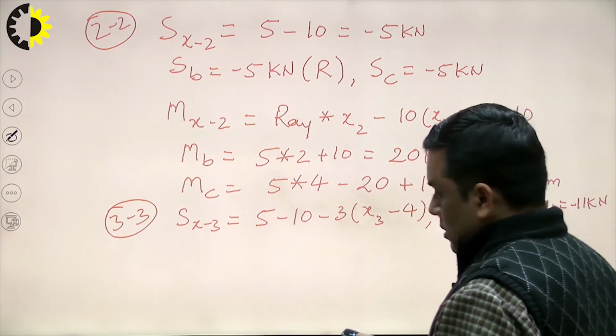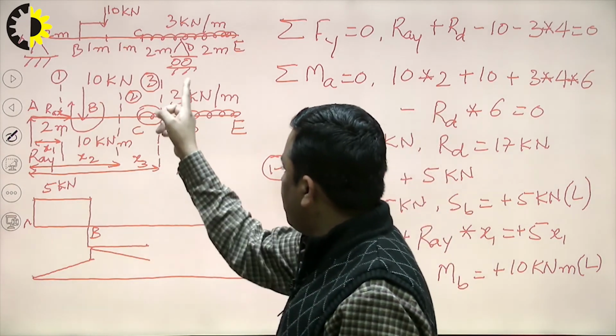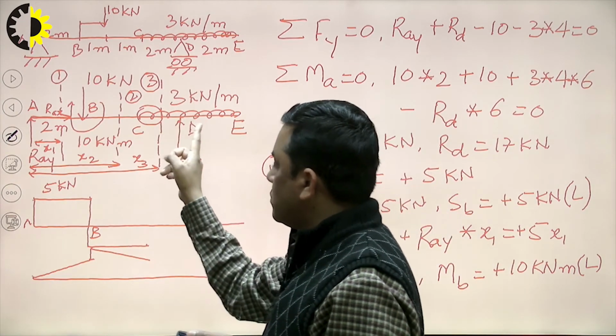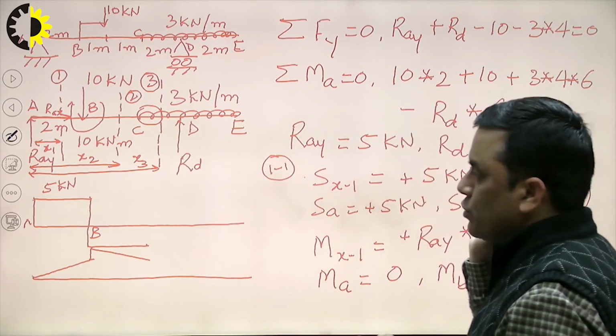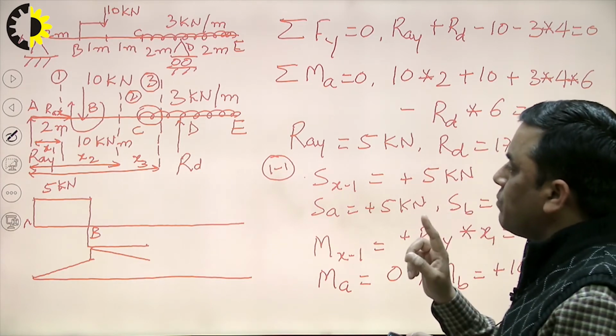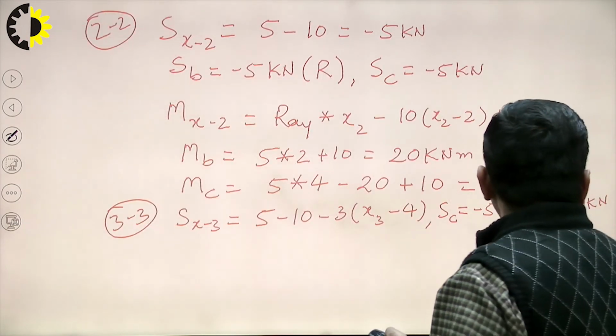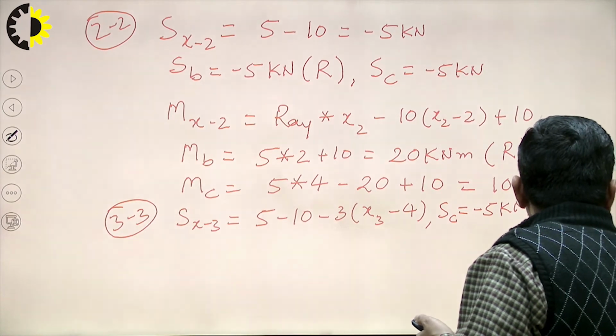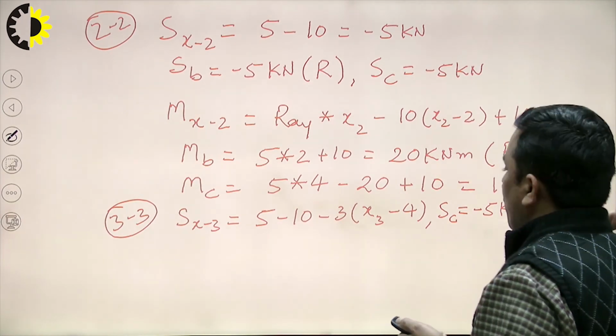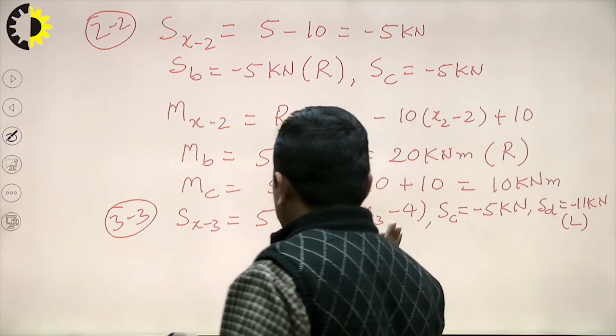and here also there is an effect of point load. So, at point D also we will be getting two values, one for the left side, one for the right side. So, here I can write this is the value for just left of point D. So, this must be very clear.